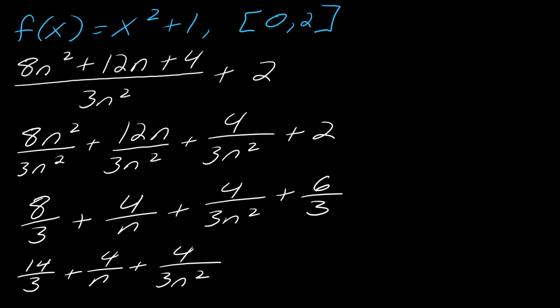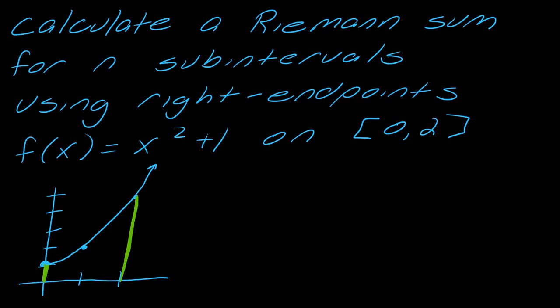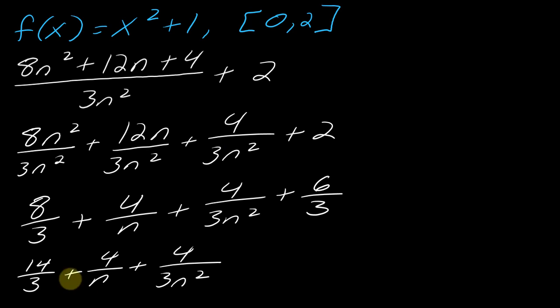Okay. And now you're probably wondering, what are we even doing? So, all right, here's where we're at. What was that original question again? I'll remind you. What we were trying to do was come up with a general Riemann sum for n subintervals, and we did this using sigma notation. So basically now I have come up with the most general formula possible. You tell me how many subintervals you want, and if I say I want 4 subintervals, I just plug in 4, and this automatically gives me